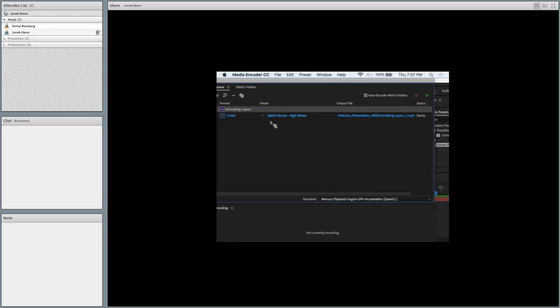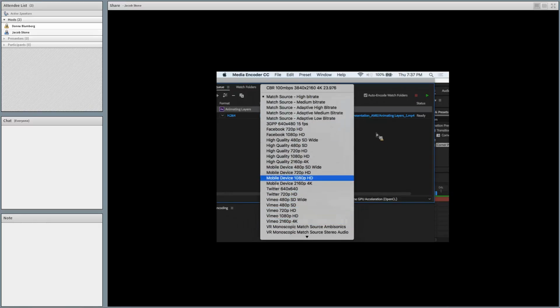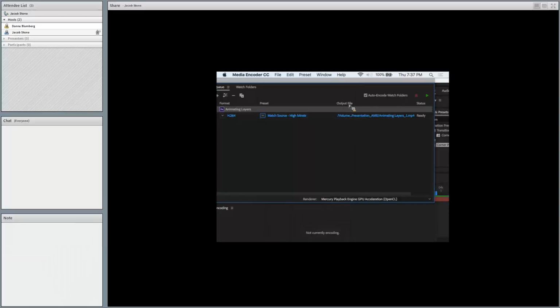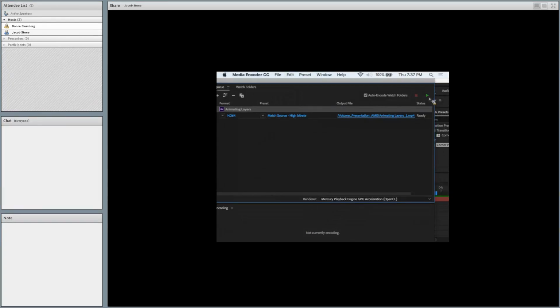And then I always just choose high bit rate. It gives the highest quality, but you can always change as much as you want. You've got all the different options. Next, you can click your output location. It added an _1, so I don't have to worry about renaming it. But I'll save in the same location. Once you're ready, you hit the